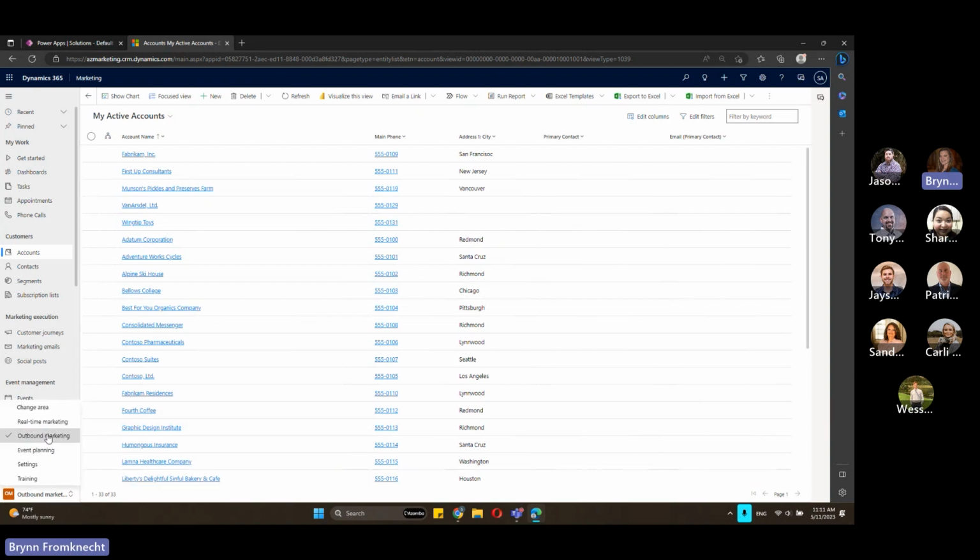As you can see right down here at the bottom, I can toggle between these different areas of the marketing app. So we have two primary marketing areas, real-time and outbound. We also have event planning. We also have our settings area. That's where all of our configuration is going to be set up, our company address, our domain hosting, all that kind of stuff is going to get set up here. And they also do have this new training area as well with a couple of sample journeys and things